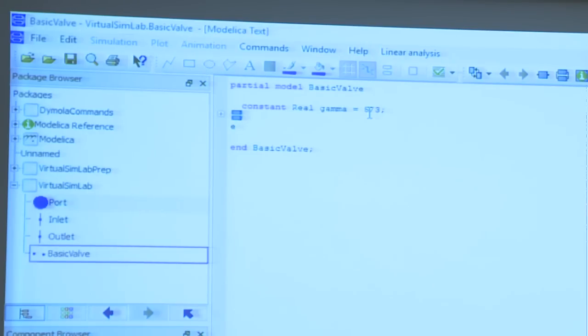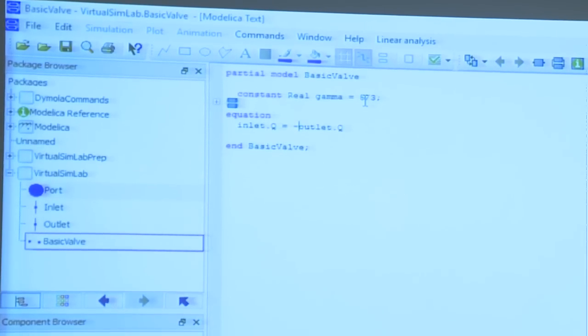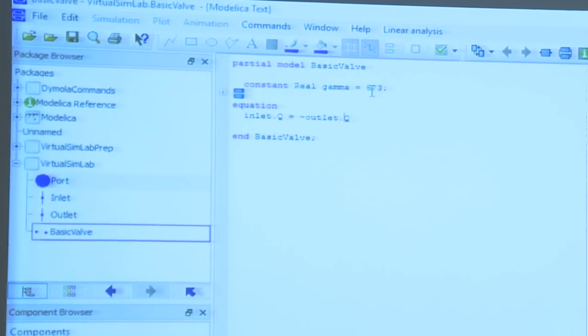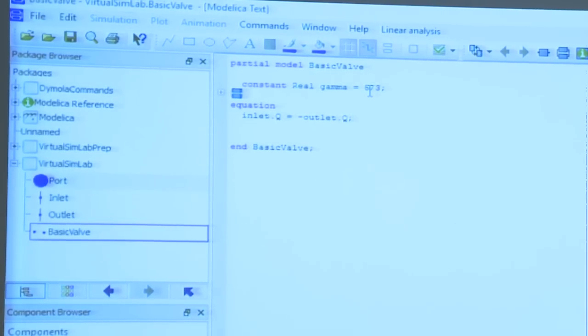Going now to our equation section. If you recall it, we have a mass balance, which is in this case defined by inlet Q equals outlet Q, and again minus outlet Q, because it's based on the system. And also, which is showing you now the non-causality system, the pressure ratio,